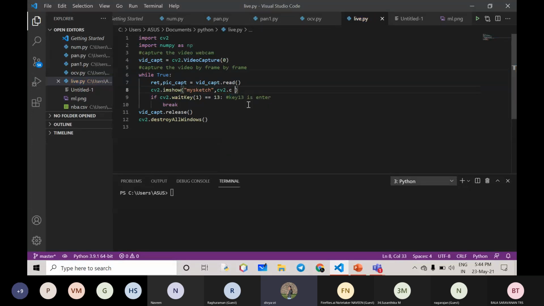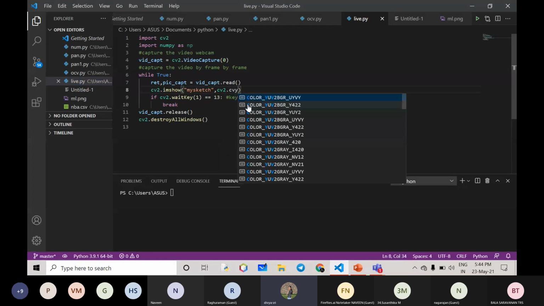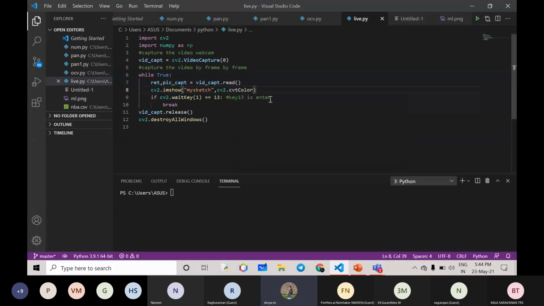So converting color, the function is called convert color. So just give convert color. Then you are giving the picture capture, where the image is. You have to give the picture capture, the name of the frame. You have to give it here.